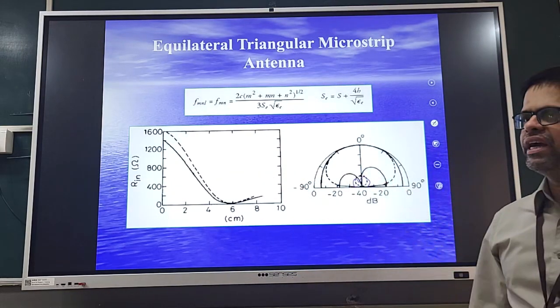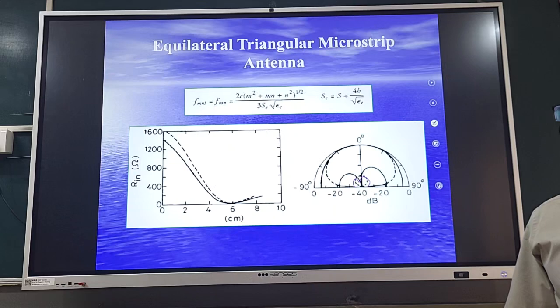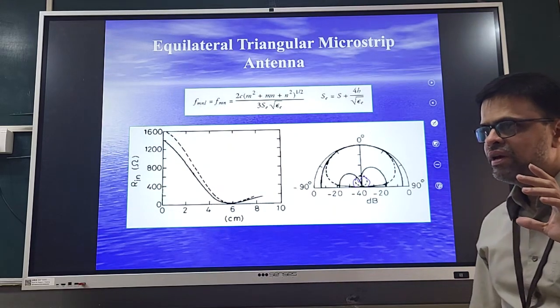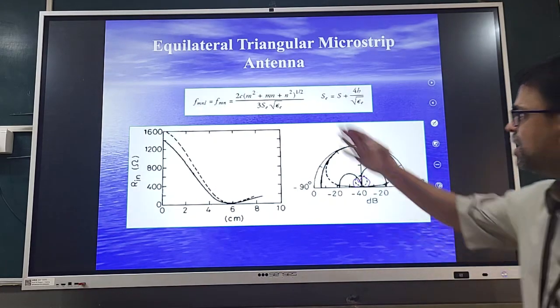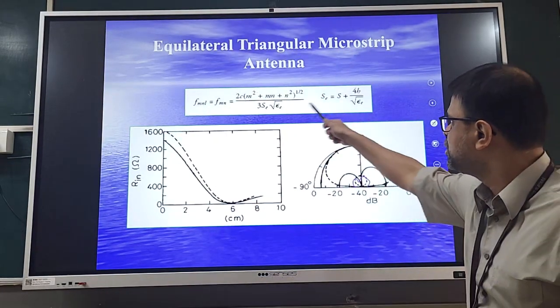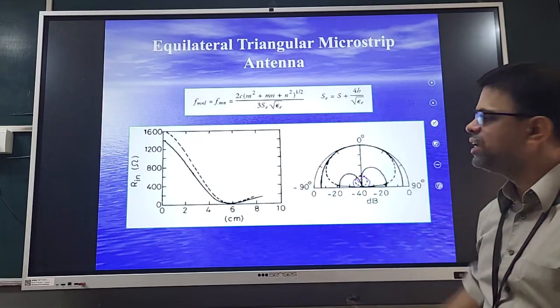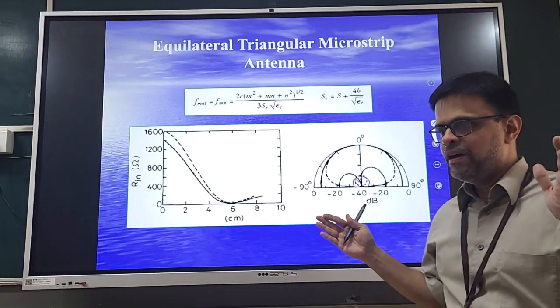We will take the same problem. Design the equilateral triangular microstrip antenna for fundamental mode of TM10 at 900 MHz on FR4 substrate. Let's go to this equation. The equation for effective side length is over here. Now again,